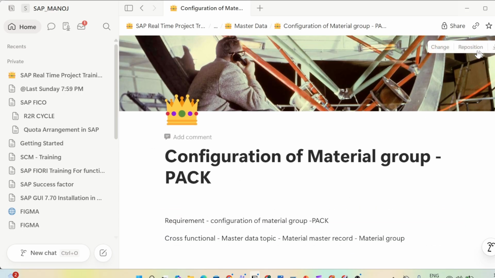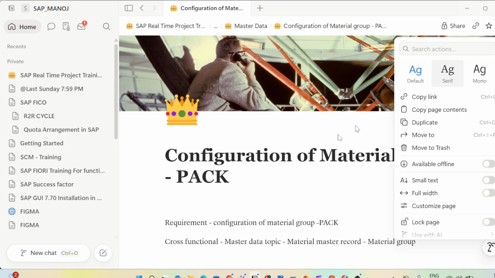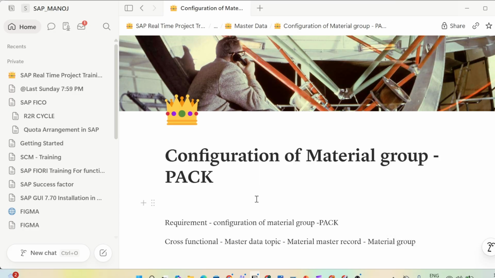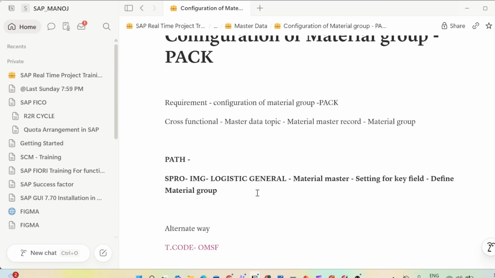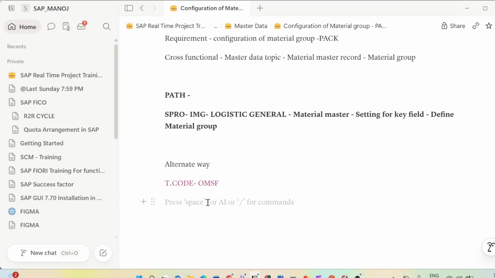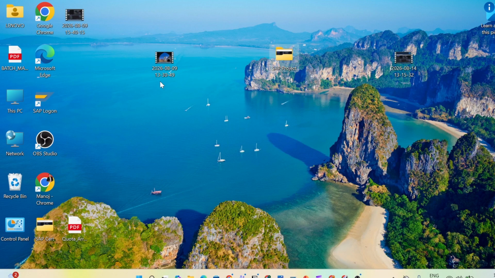So we are going to configure material group PACK. Let me change the screen from here, and before that, let me log into the SAP system.